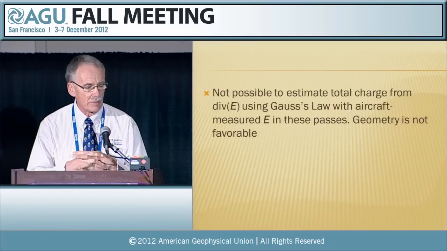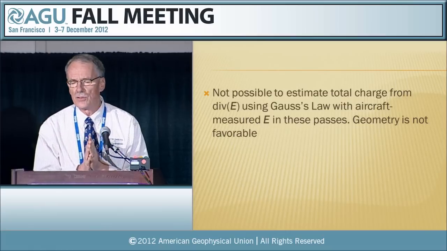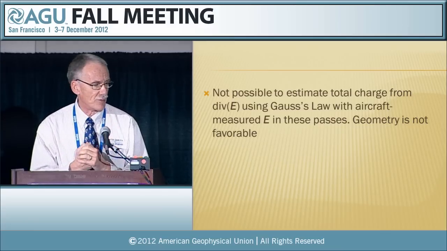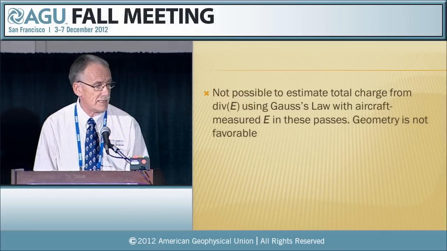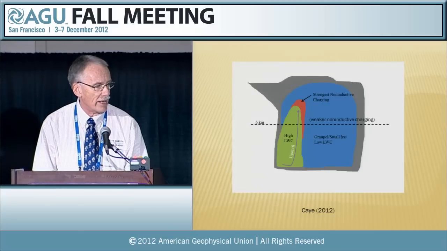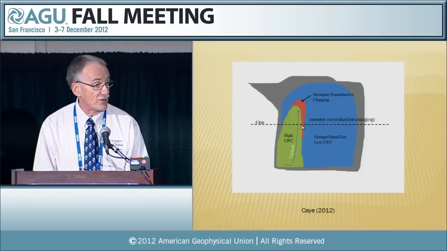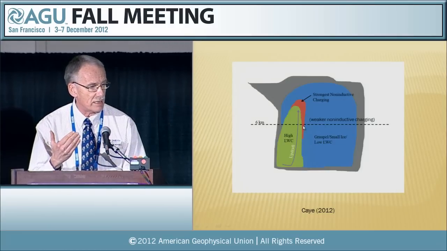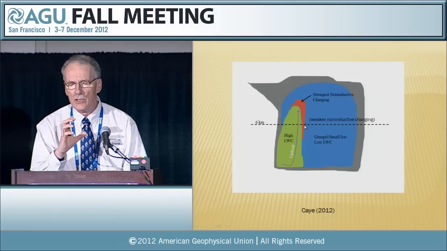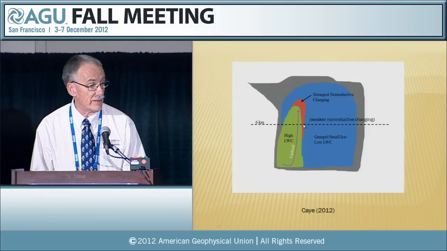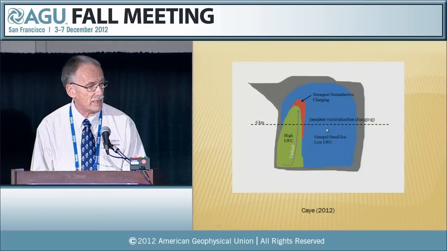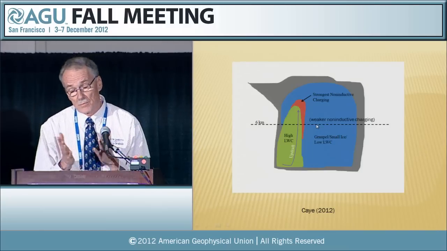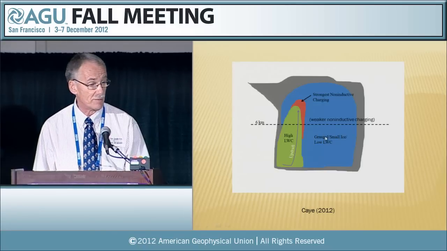Unfortunately, with the configuration of the horizontal passes, we can't really use the electric field measurements. We had to infer a total charge based on divergence of the electric field. But what I think was going on was that if there was charge separation going on, it was probably going on in this orange region here, and we either couldn't get samples or didn't see enough of that orange region to see any region with a net sign of one polarity or the other. Most of what we saw was this weaker, where there was weak non-inductive charging, and other prior charging of the particles is perhaps responsible for the fact that we have equal numbers of each polarity.